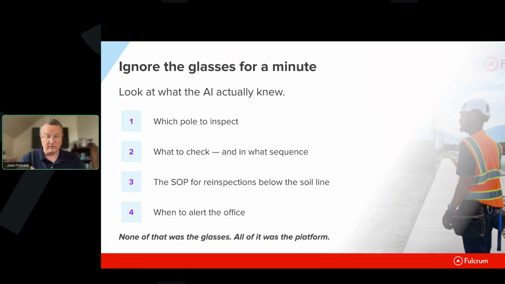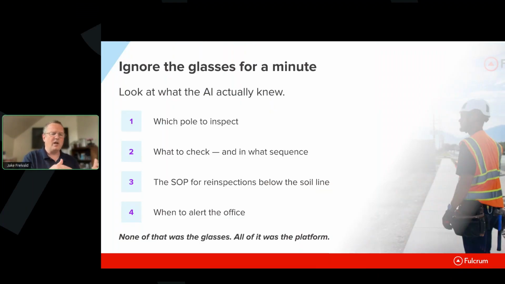Where does that come from? It could come from the EAM, it could come from a lot of different places, but in this case, it comes from the field platform. What should you check in what sequence? Well, that's not something necessarily that the EAM holds, right? There's a pole, yes, and there are guy wires and stuff like that, but does that hold all of the individual steps that take place? If there were safety steps that needed to take place, would the EAM hold those?